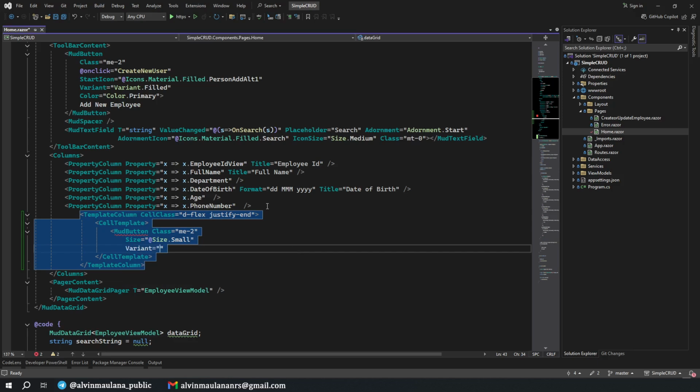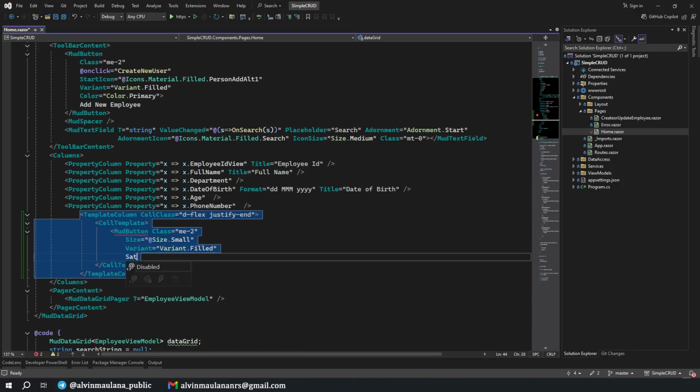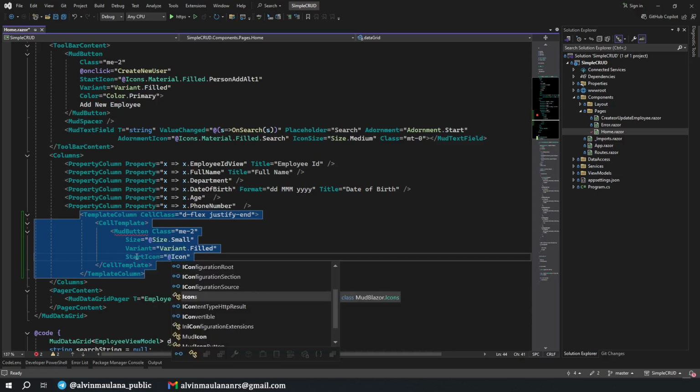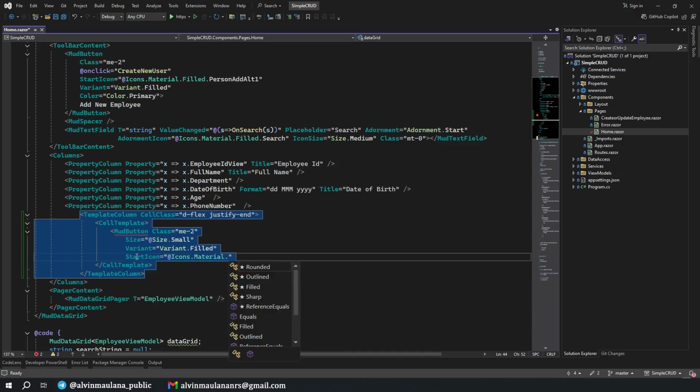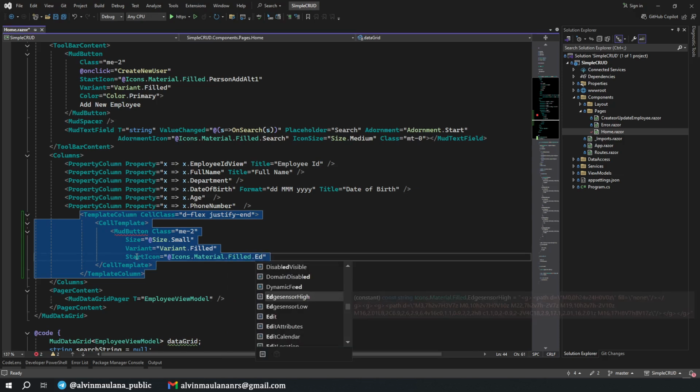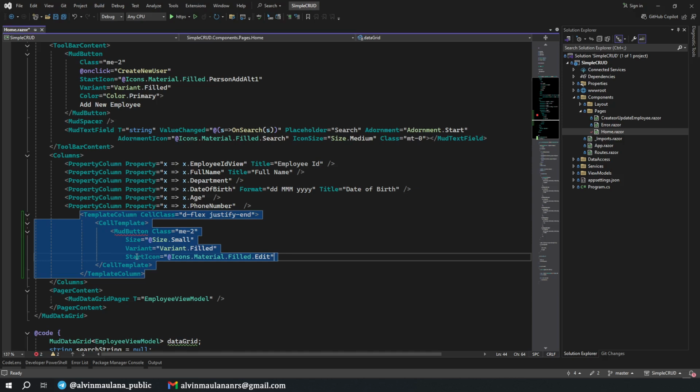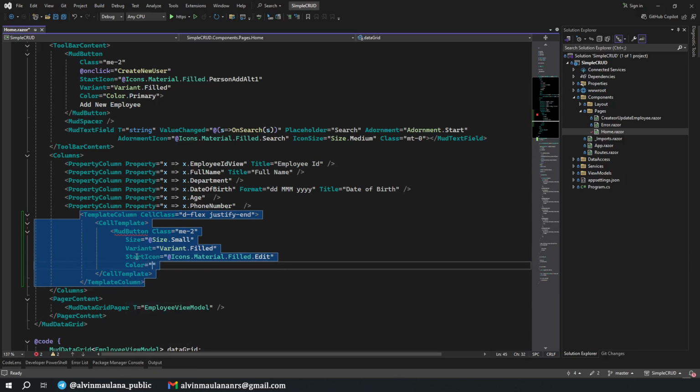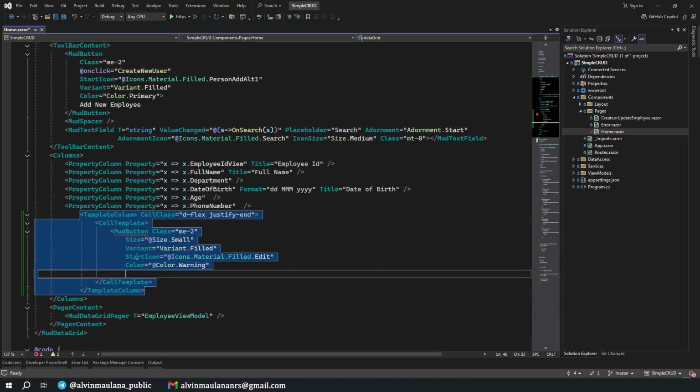The variant is filled, and then we will have a start icon, material filled edit, and set the color to warning, and don't forget to add the on click function. On click, we will have it like this.